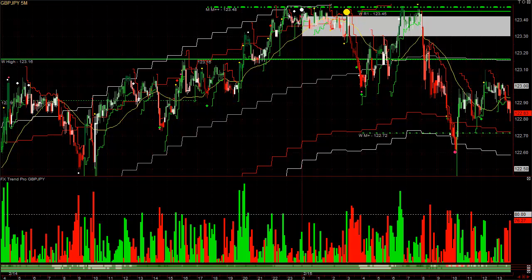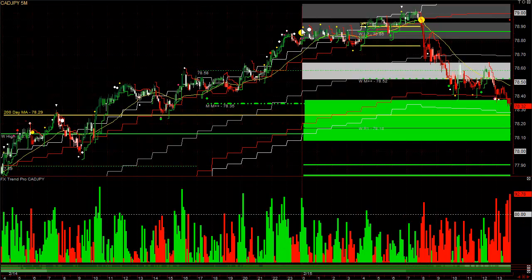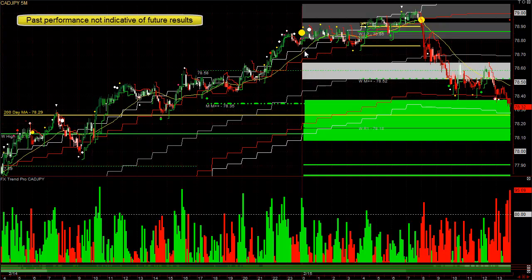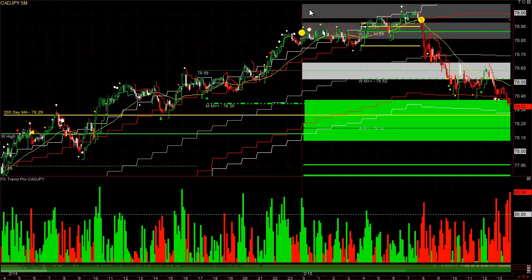It also showed up in the CAD yen. And here's a good example of it not immediately taking effect. But once you see one of these signals, especially if it's above the upper containment bands, especially if you have one of my Fibonacci profit targets, I spend 30 to 45 minutes every night doing these Fibonacci analysis so that you don't have to. At this level and above, you can with high probability sell when the